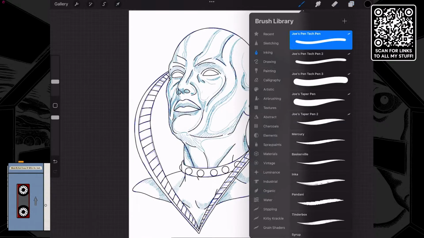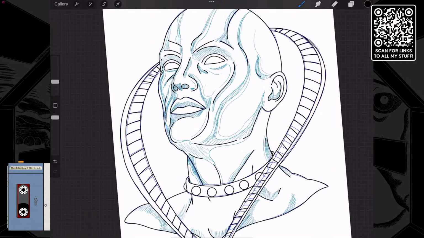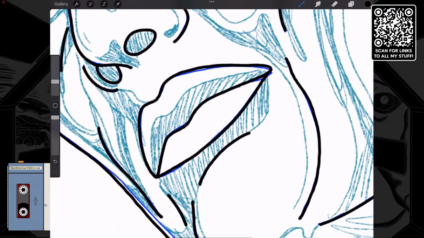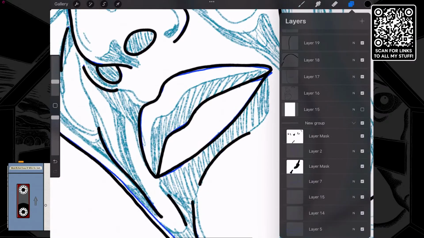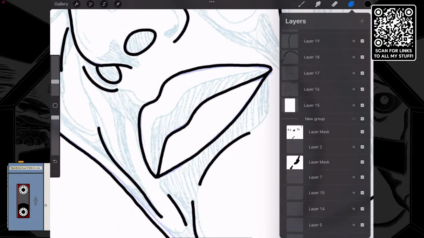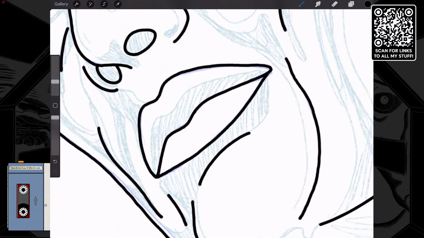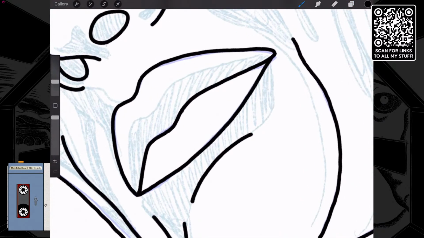And let's start putting in some of this. Now, his head's supposed to be metal, so this is not going to be like ordinary shading at all. Yeah, there we go. That's what I was trying to do. Because with metal, you don't really do shading. Metal is reflections. So it's a little different than the usual way of doing things.